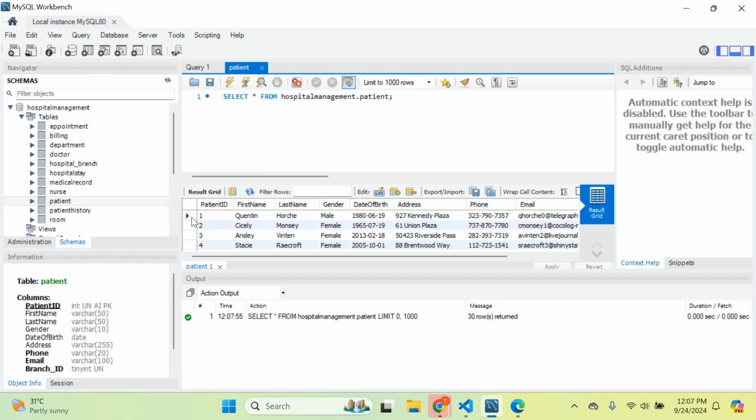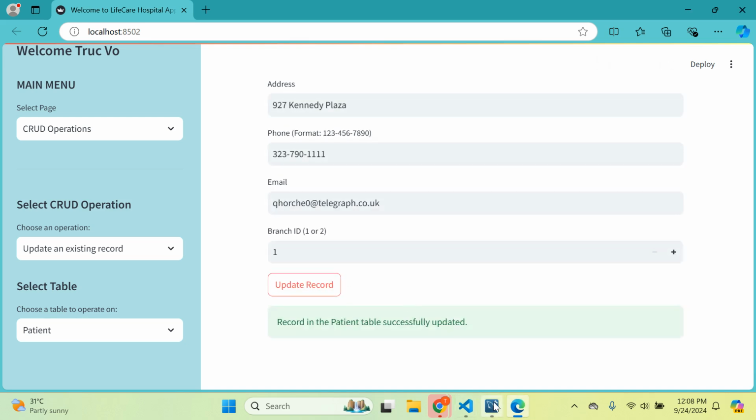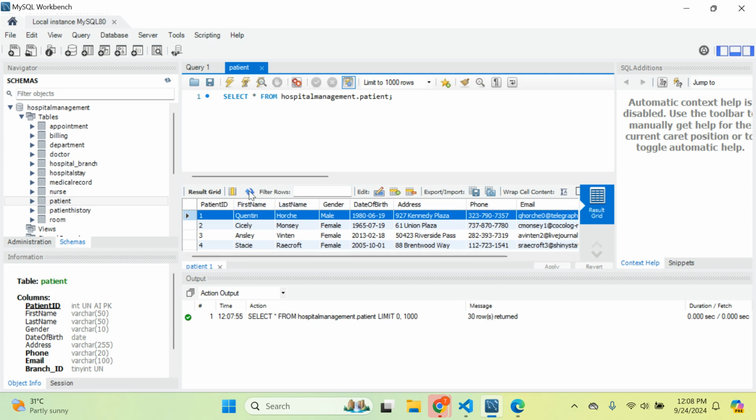You see, this is the record of patient number 1, and the last 4 digits of his phone number is still 7357. Now, back to the application, update record, and update the patient table in MySQL Workbench. Now you see, the last 4 digits of the phone number for patient number 1 has been changed successfully to